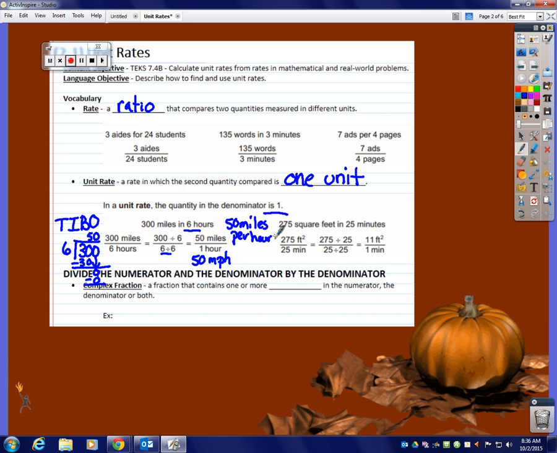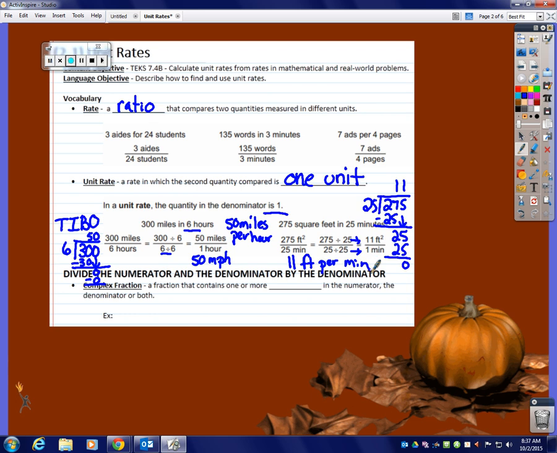Okay, so look at the second example. 275 square feet in 25 minutes. Well, if you're trying to find feet per minute, you can either do equivalent fractions. Whatever I do to the bottom, I do to the top. So divide by 25, divide by 25. Or you can top in, bottom out. So 275 divided by 25. 25 can go into there once. Subtract. 25 can go into here once. So you have 11 feet per